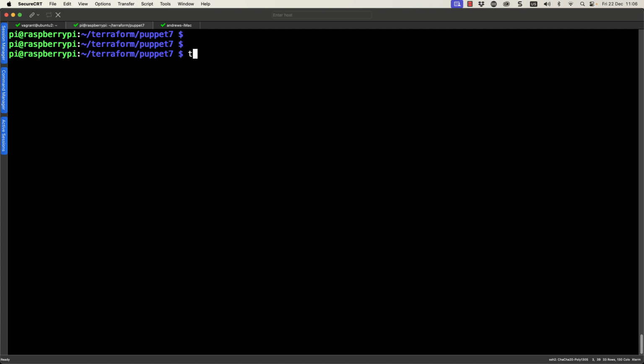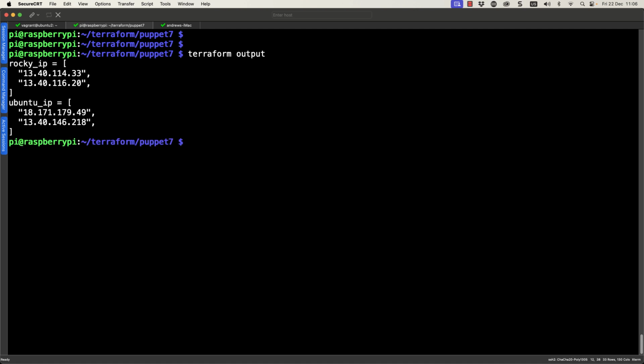So we can use the terraform output command, and it's going to print the IP addresses of the virtual machines. Here I've just got 4 virtual machines, so it's not really too many. But if I've got, let's say, 24 students, then on a course like this, I could have 48 IP addresses. So the output is okay, but there's a lot of tidying up to do.